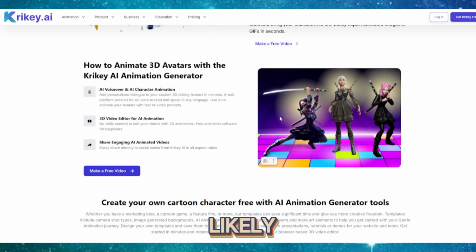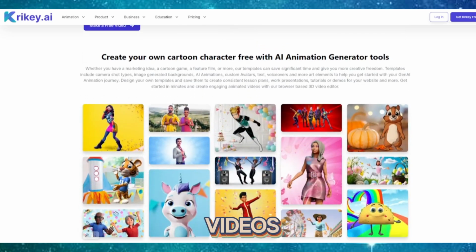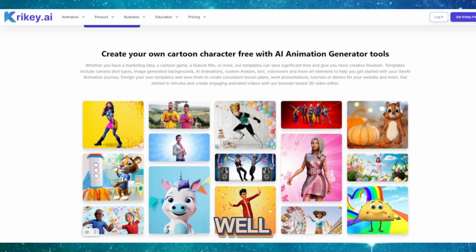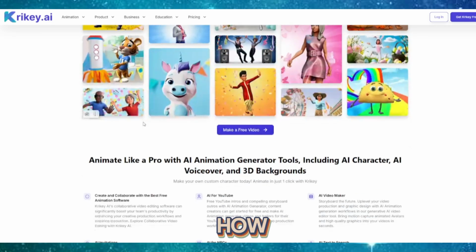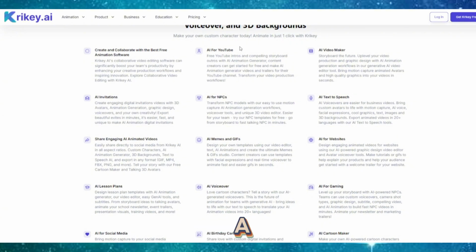The free version likely comes with limitations, such as watermarks on exports or a cap on the number of videos you can create, which is common with these services. The true test would be in the hands-on output, seeing how well the AI interprets creative ideas and how natural the final animations look. Overall, Krikey AI appears to be a user-friendly platform for beginners to dip their toes into